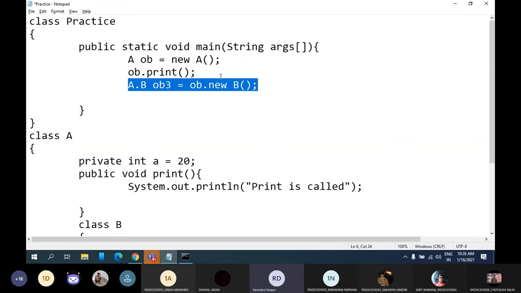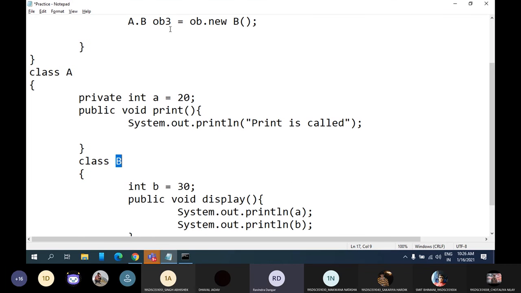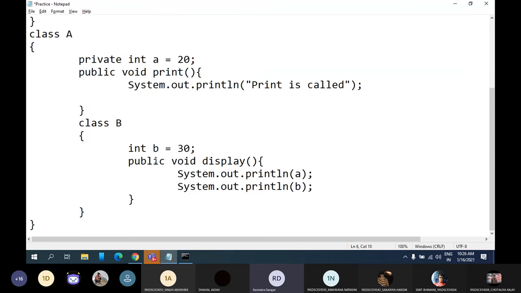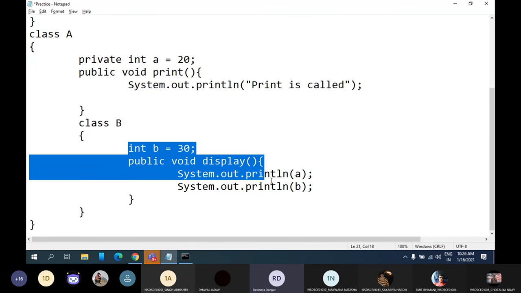So again I'm repeating: outer class name dot inner class name, then object name equal to the object of the outer class dot new and inner class name. That's it. So now you can say OB3 is the object of the inner class B. Using this object, you can access all the properties of that inner class.